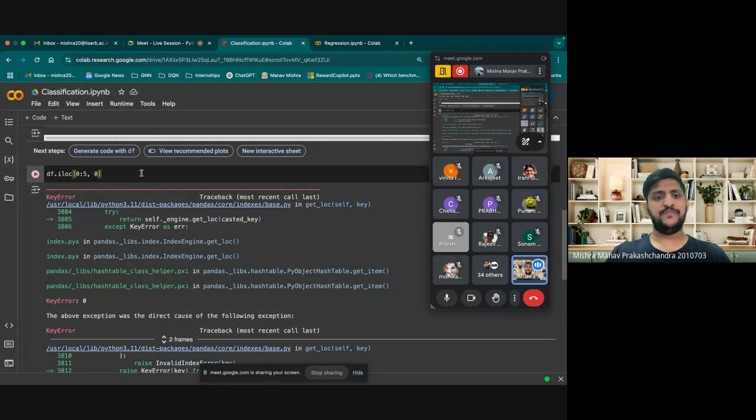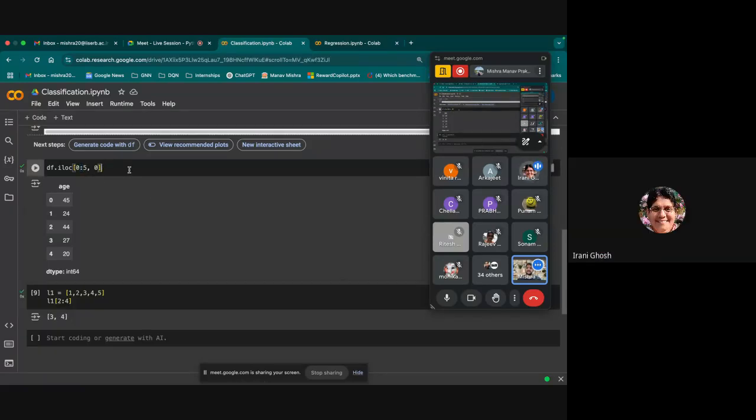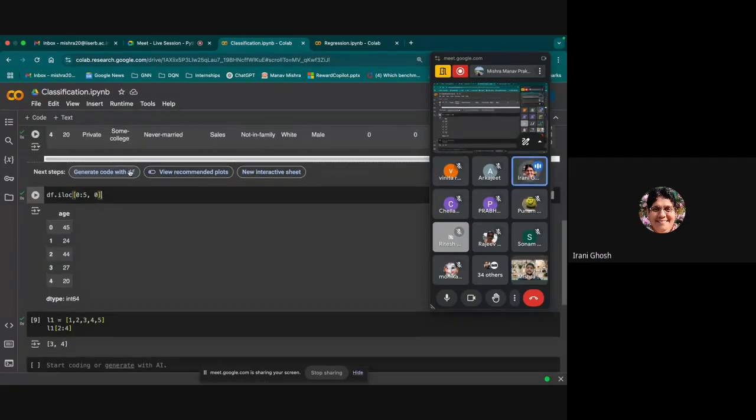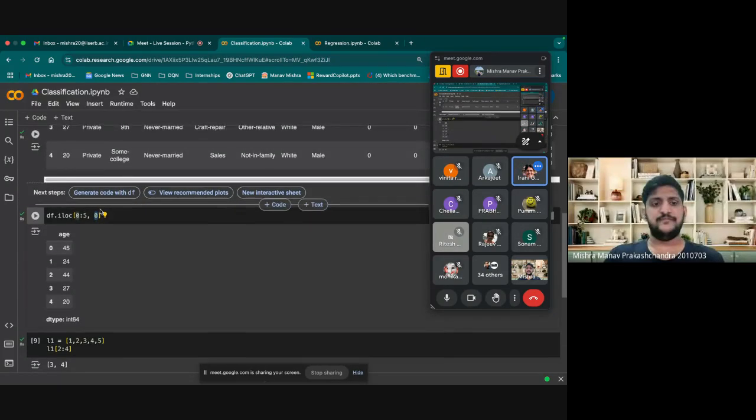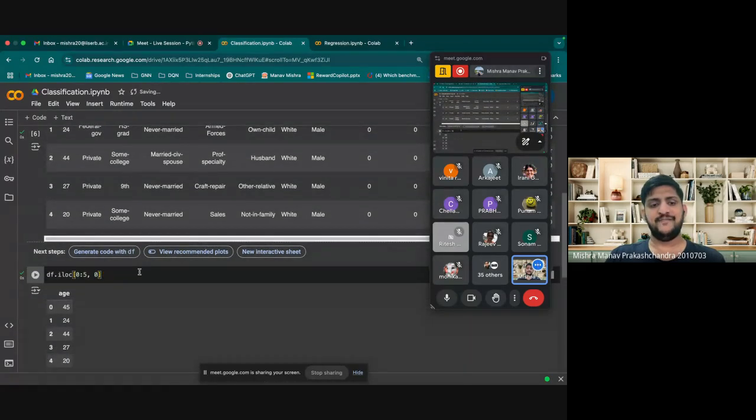First is the row, second is the column. So consider zero colon five: zero is the starting point, and up to five means zero, one, two, three, four, up to four. Four rows, one column, and the column is the last one. So the column is the zeroth column. So you are printing only this. That's what I'm doing. Okay, now, if I want